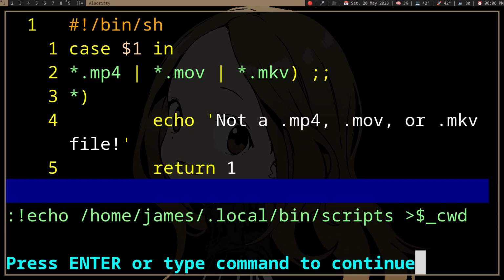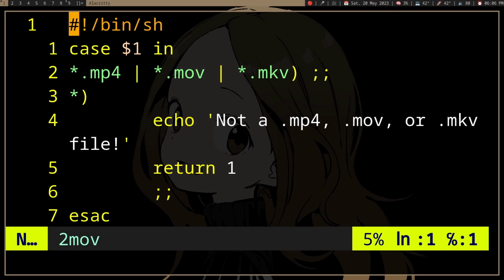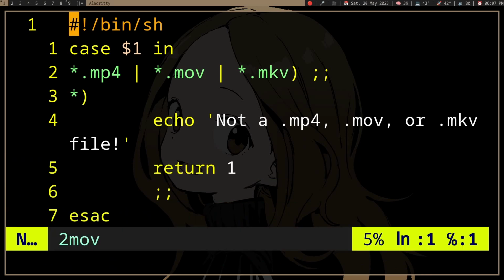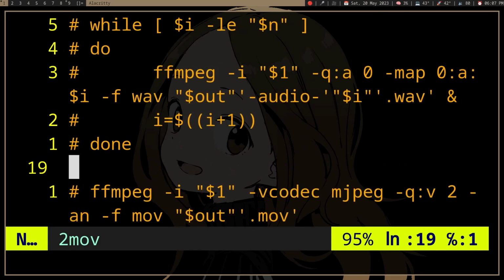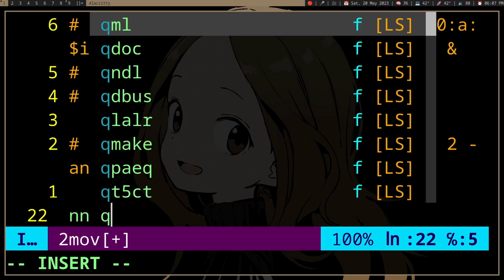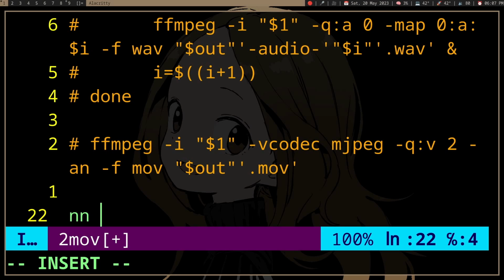All right, so we have echoed local bin scripts, which is our current directory, to the temporary file, and the content of the temporary file should be the current directory, right? So if we have done it correctly, yeah, so we have this, right? And then you don't want to do that every time. You can make like, I don't know, you can map q, or something with which you are going to